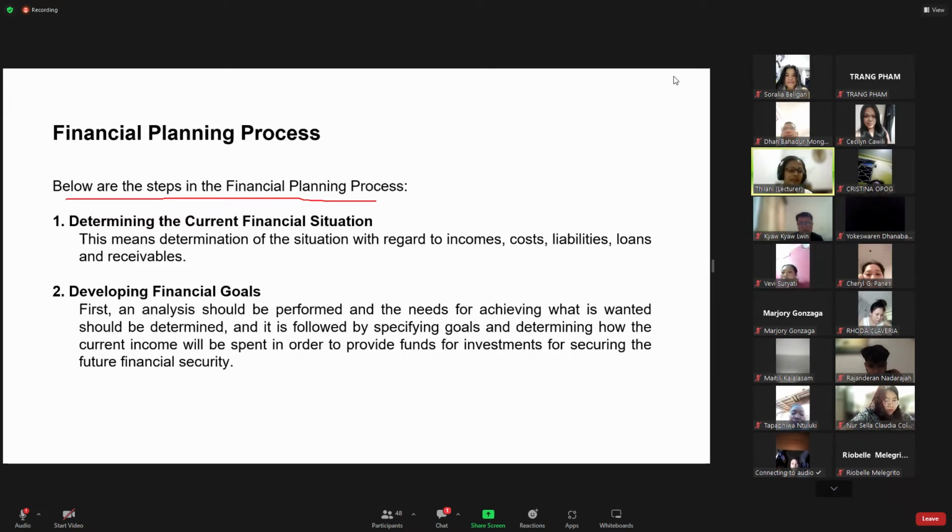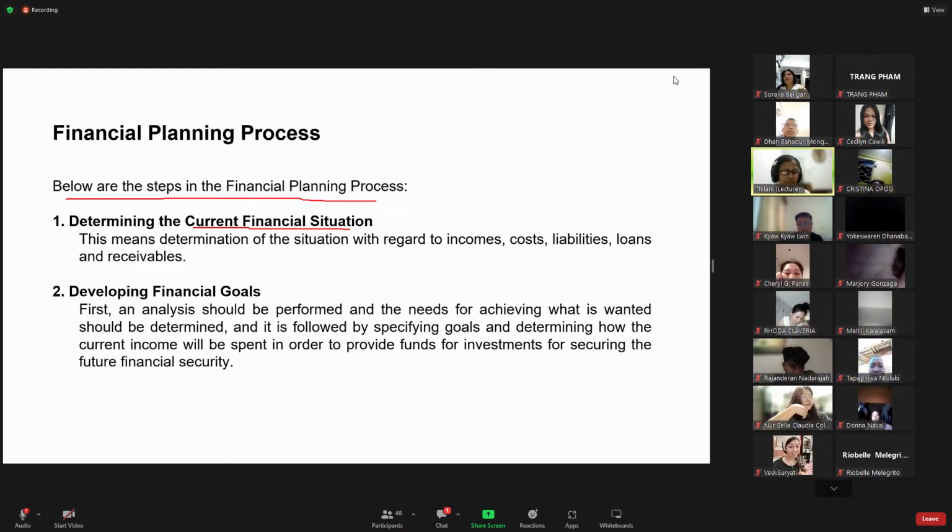First, you need to find out the current situation. One student explained it. You need to find out what is the current status of the business. What are the costs? Do you have any liabilities? Does your business have any assets? Do you have any loans? What are the credit or receivables, that people owe you money, and do you have any debtors?